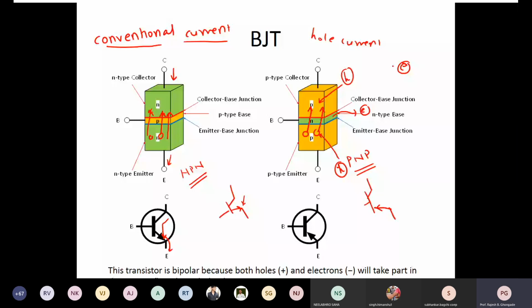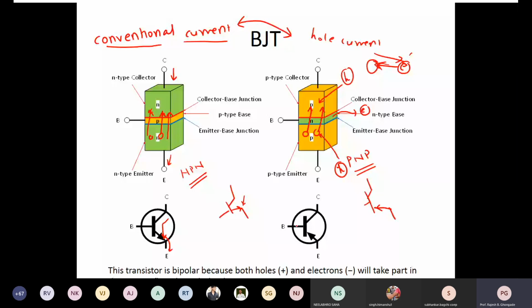So you can see here that this electron is actually flowing and sitting in the place of the hole, but it will actually create a vacancy here. So we say that the hole has moved in this direction. So the hole current direction and the conventional current direction are one and the same. That is the reason. We have already seen this effect earlier. Okay, so please be careful about the symbols and the direction of the current flow here.